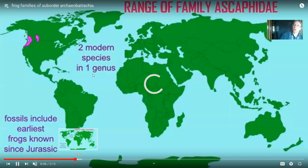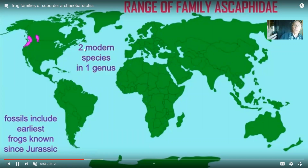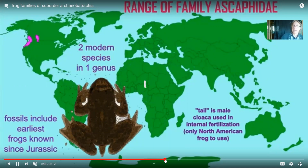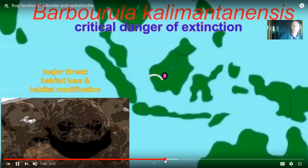Some families are large with hundreds of known species. Some families are small with one or two or three. And notice that this family of frogs in pink, that's the only known area where they are found. As I go through this, I think you'll see why certain frogs then are in danger of extinction. This frog species is found here and nowhere else in the world. And so, deforestation there or loss of habitat there could easily then wipe out the